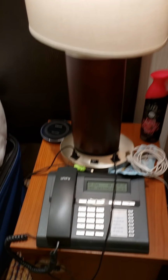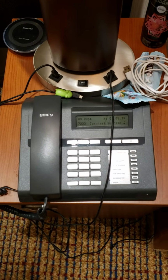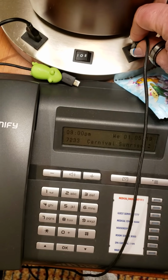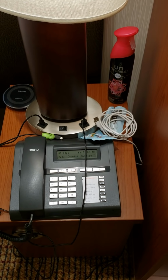The phone in the suite is on Mike's side of the bed instead of on any of the counters. Again, same light switch combination and also the 2 USBs. Like I said, love that. All right,